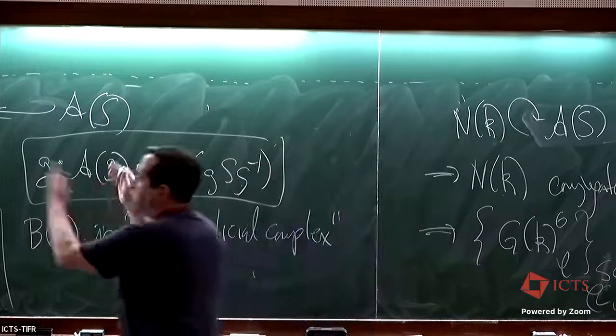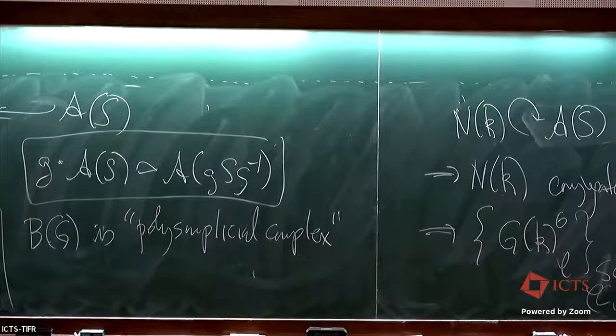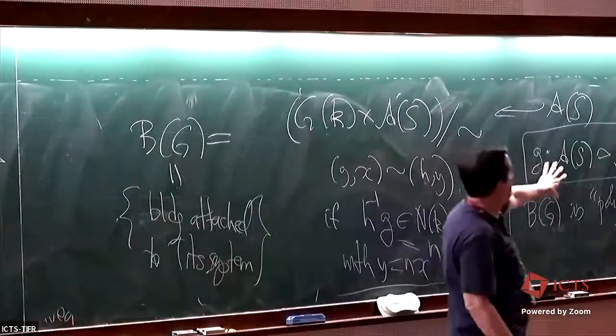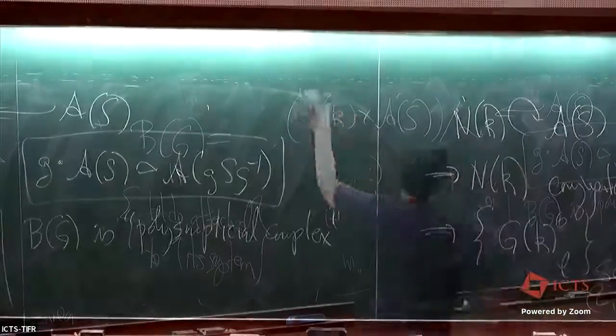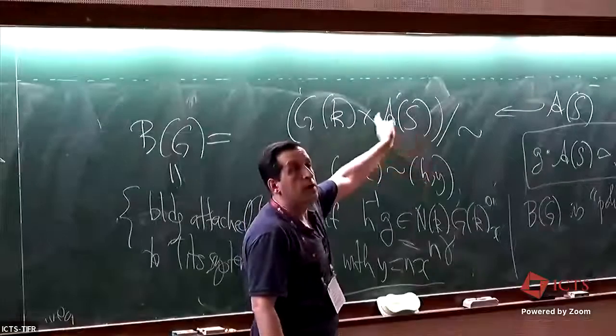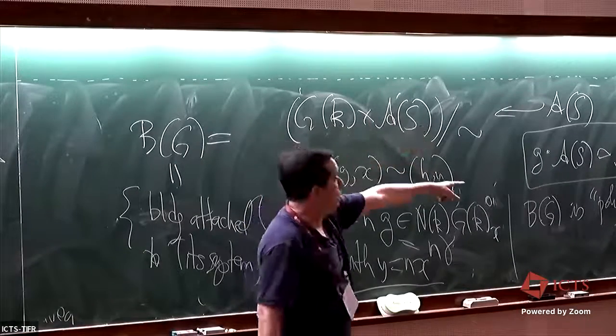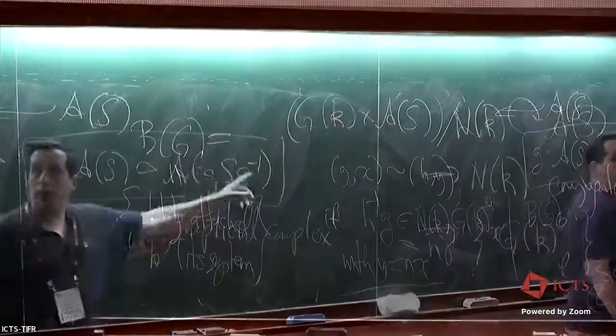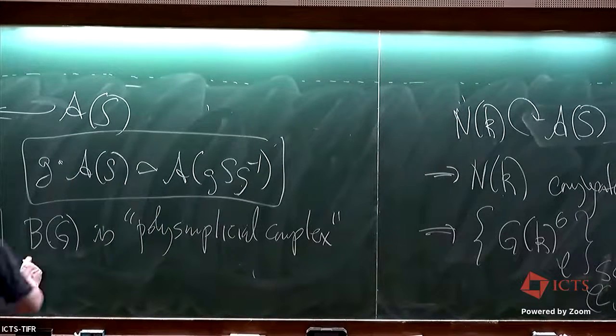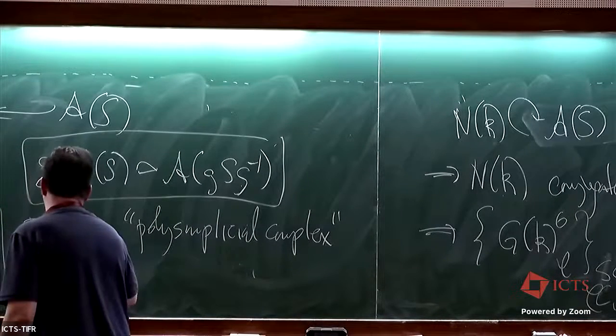So it's some space that's covered by these affine spaces with all this polysimplicial structure that are compatible in a nice way. And because of the Bruhat decomposition, you can deduce that any 2 points will live in an apartment. An apartment of this is defined to be an A of S for some S, maybe not the one we started with, but one of its orbits under the group, which are in fact the other apartments that we already had. Okay? So the upshot of this is that the Bruhat decomposition